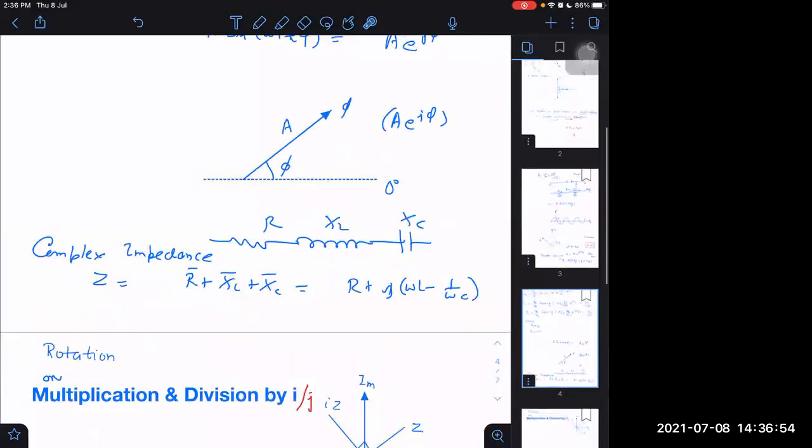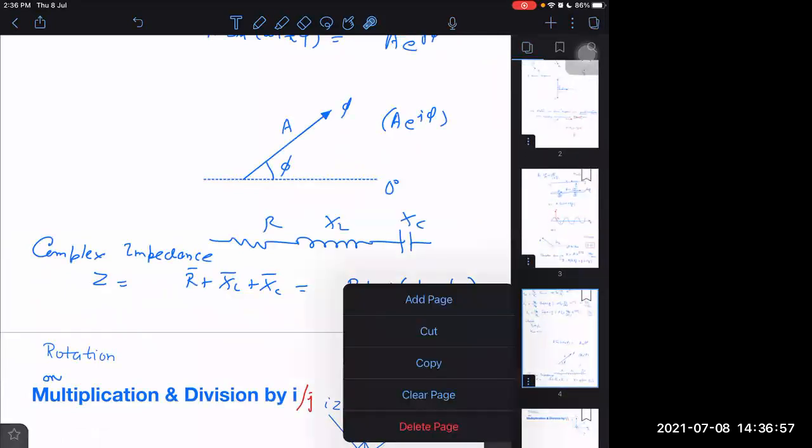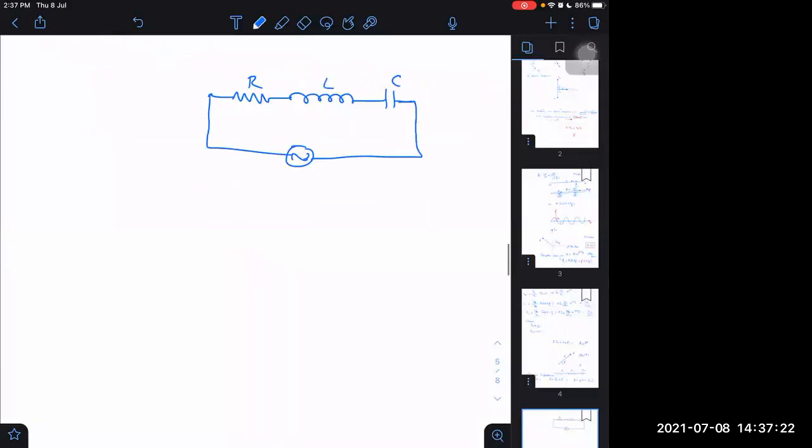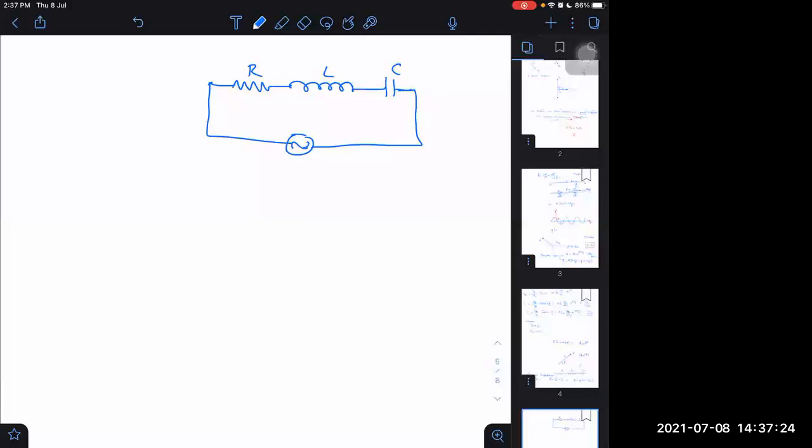Wait a second. Where were we? Page 4. Excuse me. Let us say I have a resistance, inductance and capacitance all in series with this here. What is our equation? This is RLC. Tell me what is our equation? I discussed it in the morning, you remember? I discussed it in the morning or not? Forced oscillation case. Yes, sir.